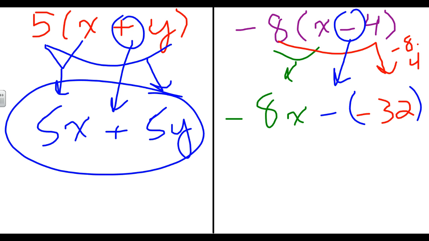Now we could stop here and call this negative 8x minus negative 32, but if you're anything like me, you're a little bit bothered by the fact that we have 2 negative signs, or a subtraction sign followed by a negative sign, or 2 signs that look that similar right next to each other. And so we're going to use something that we've done with subtraction to put it into a slightly nicer form, where when we changed subtraction problems, with our shortcut KCC to help us remember what that process is and how that process works,